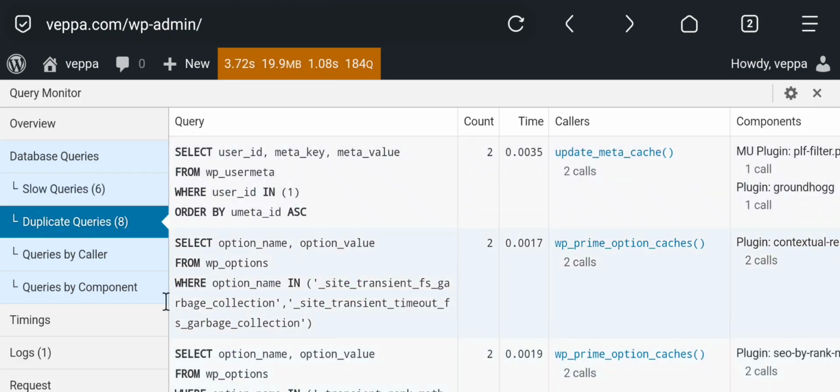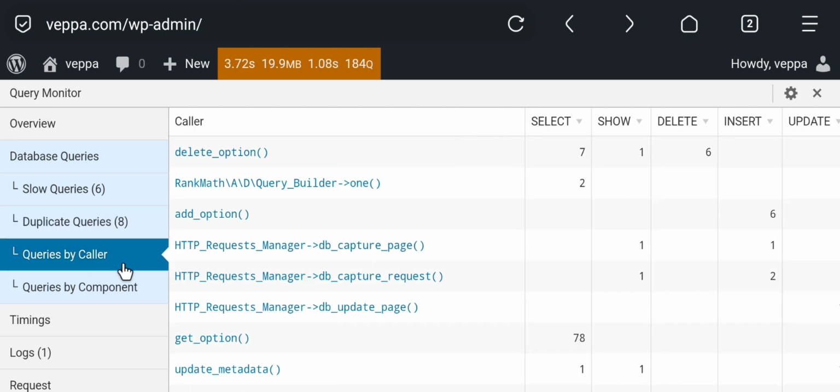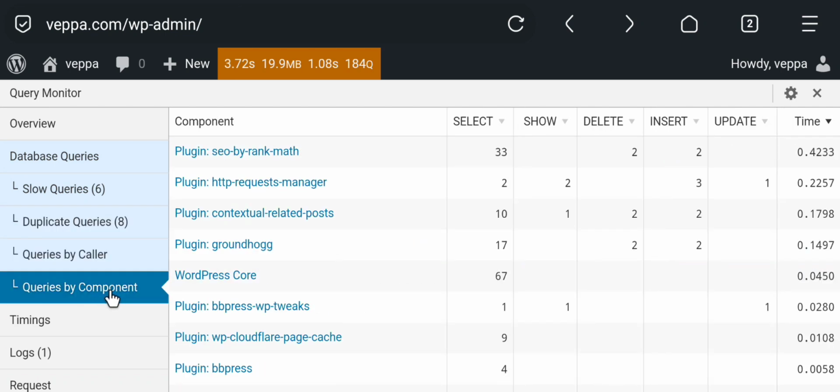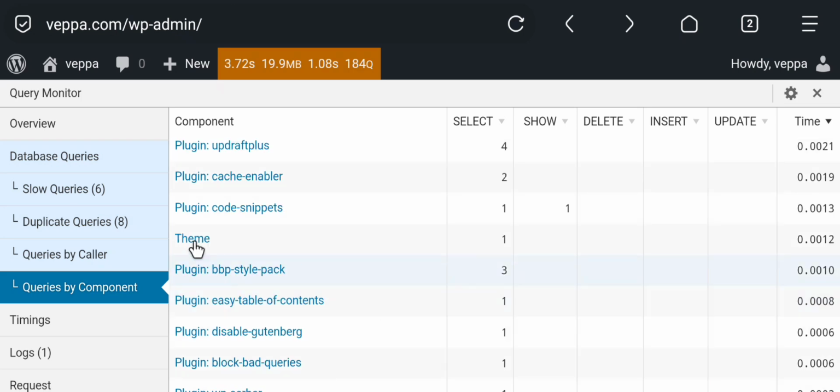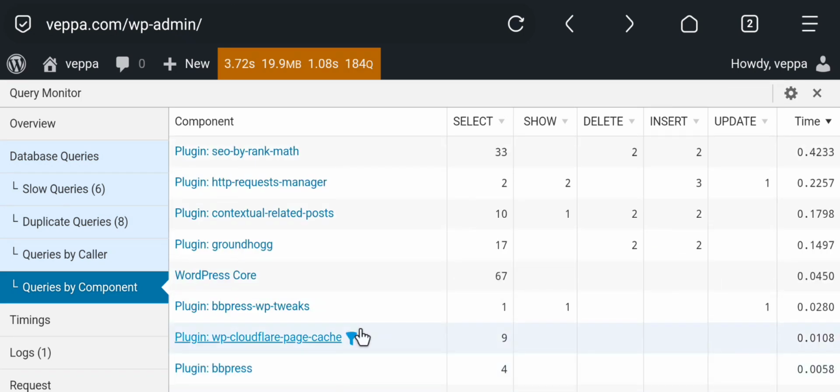So it shows all additional information as well, like duplicate queries, queries by color, also queries by component. So here you can see each plugin, how many requests they made, how much time each of their queries took, and it also shows queries by WordPress core, by theme, by each plugin individually. So it's really good